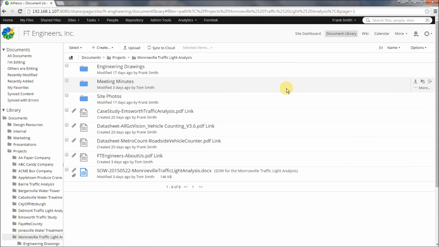So my initial deliverable to this customer was the statement of work, a handful of data sheets, a standard About Us document, and some case studies that we've done about similar traffic-related projects. To organize this deliverable, I could have copied all of those files from their respective folders into this folder, but in doing so I would have increased the storage space needed for these documents in my repository and created unnecessary